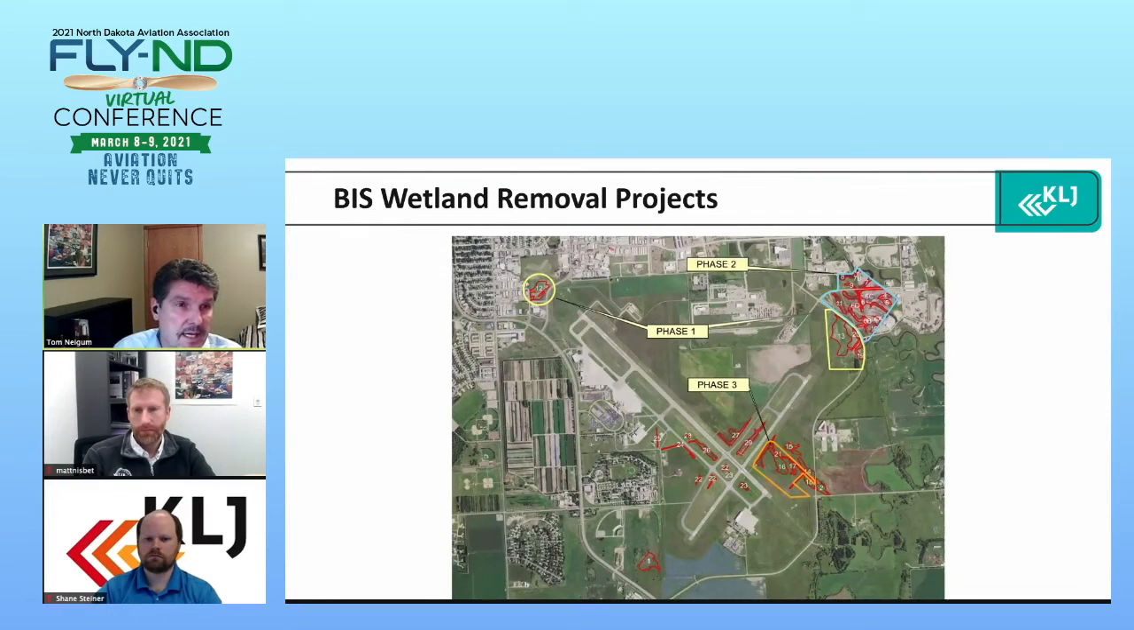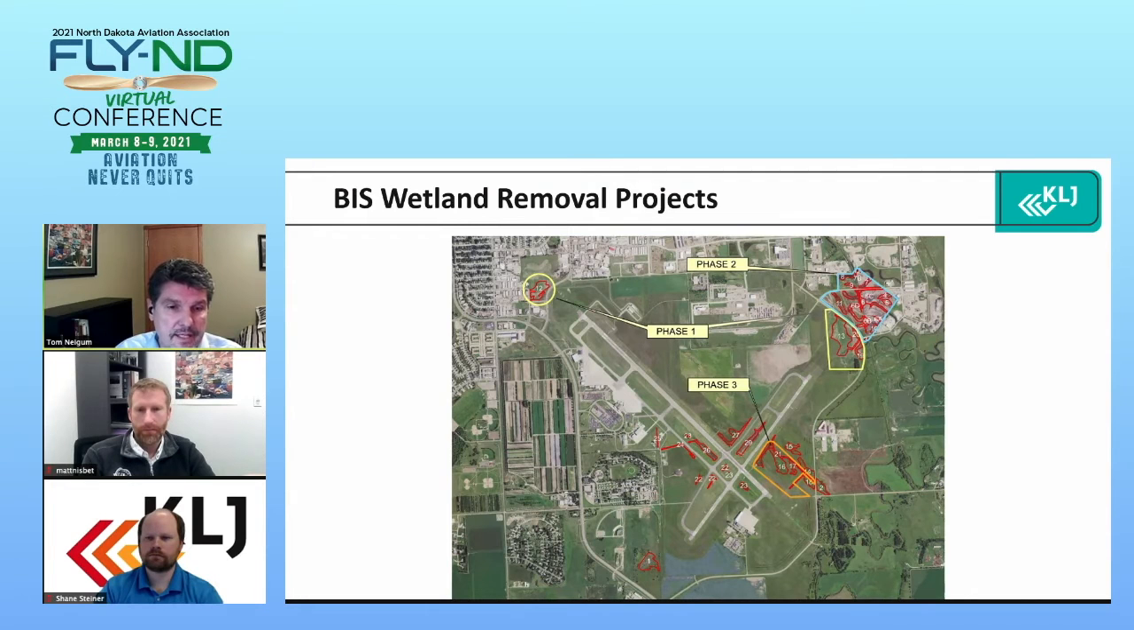And the last thing I want to talk about on Bismarck is wetland removal projects. And so what you're looking at on the screen, all the red areas are actually wetlands that were delineated and identified on the Bismarck Airport. So where we're at today is phase one. You can see identified there, that's actually been completed. Phase two has also been completed, the construction of that. And what we did as part of that, we had